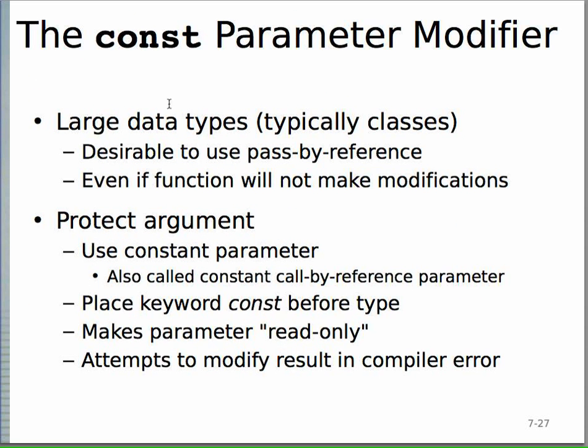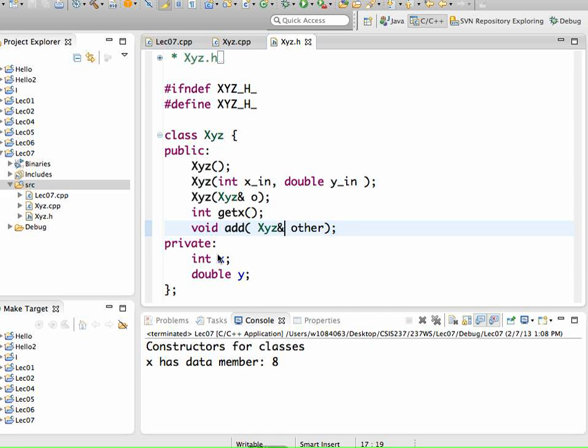Okay, so what do you do if you're passing in something by reference? Remember that when you pass something by reference, the function can change values inside that object. So if you're passing an int and you're calling an int x by reference, you have to worry about that value in that int x changing inside the function. To fix that, we saw that we can use the const parameter modifier, and that's what we're actually supposed to do almost any time you pass by reference. So here what you want to do is you want to say const